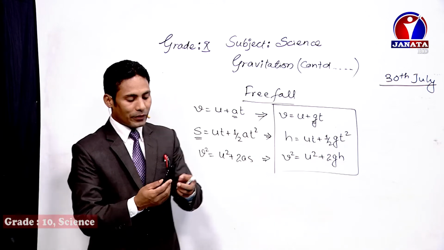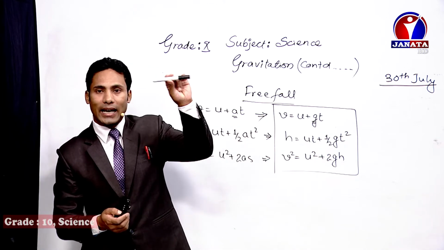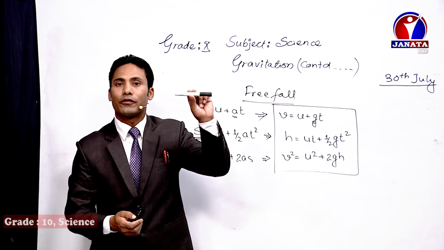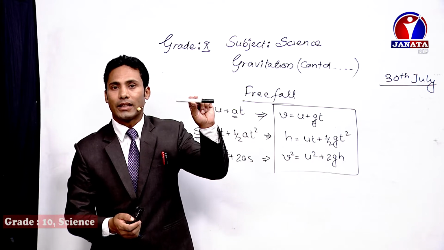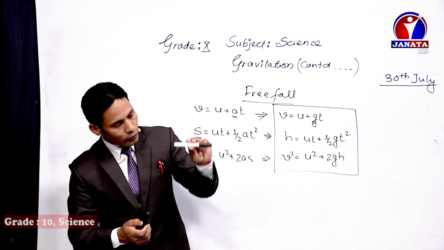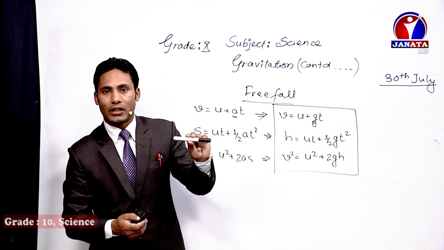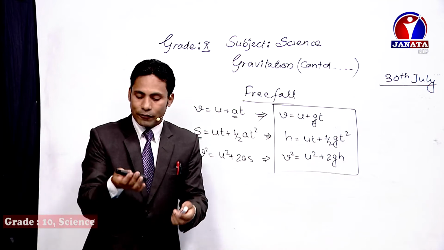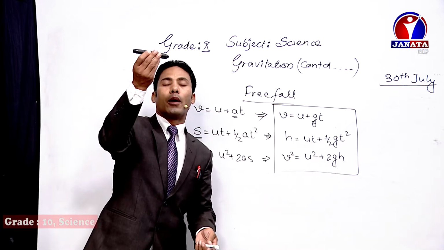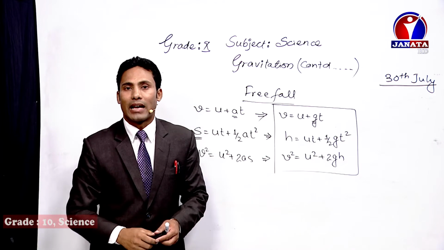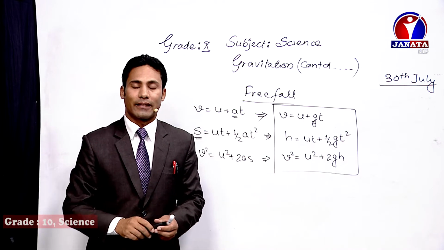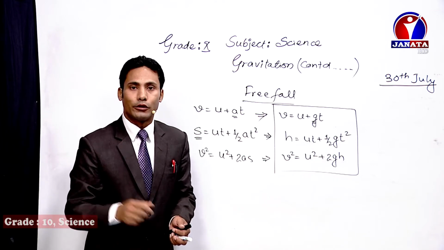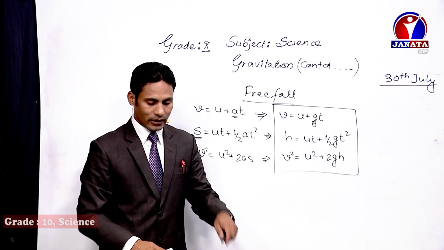Right? Similarly, if the object is falling from a certain height, then the acceleration due to gravity is positive. The value of small g will be positive during the calculation, because the object is falling towards the center of the Earth, which is the direction of gravity. That's why it is positive. And if we throw the object vertically upward, then the acceleration due to gravity value is negative. We take the negative value in that condition. So you need to know this point while solving these equations.